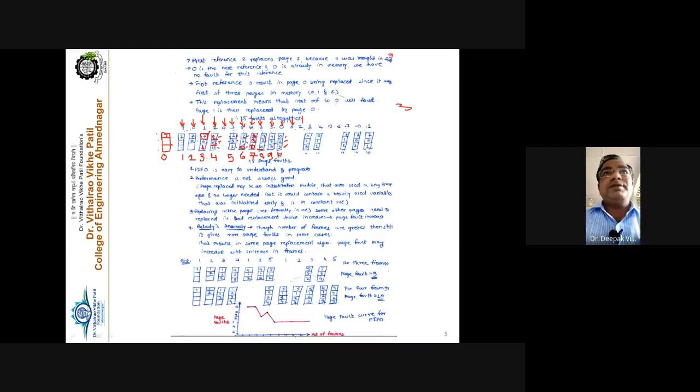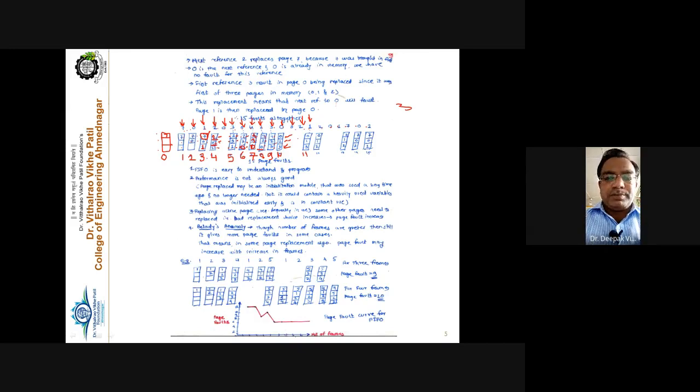Now the next memory reference is made to 2. Again no page fault occurs because the process finds page number 2 in the memory. There is no question of a page fault. Page number 2 executed successfully. Now the next memory reference is made to page number 1. 1 is not present among 0, 2, 3. So a page fault occurs. So this is page fault number 11.